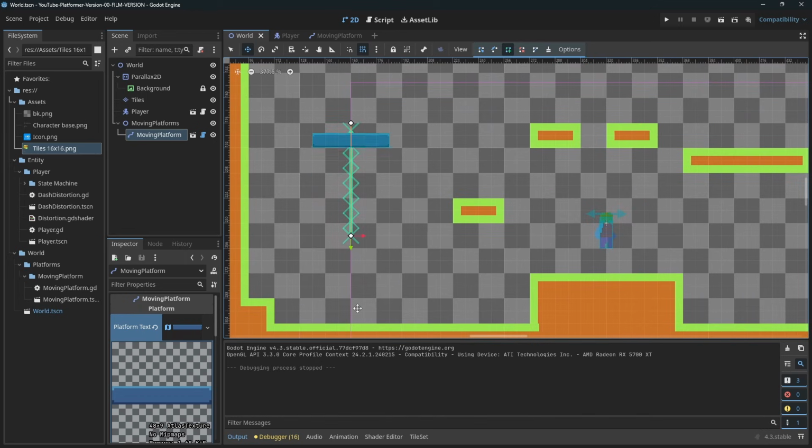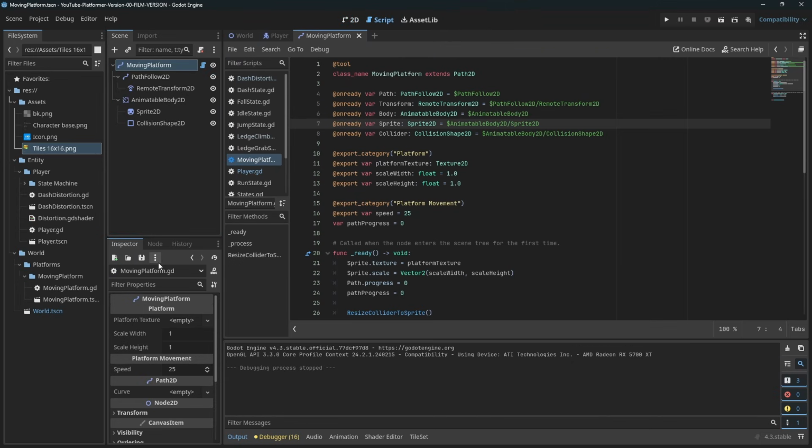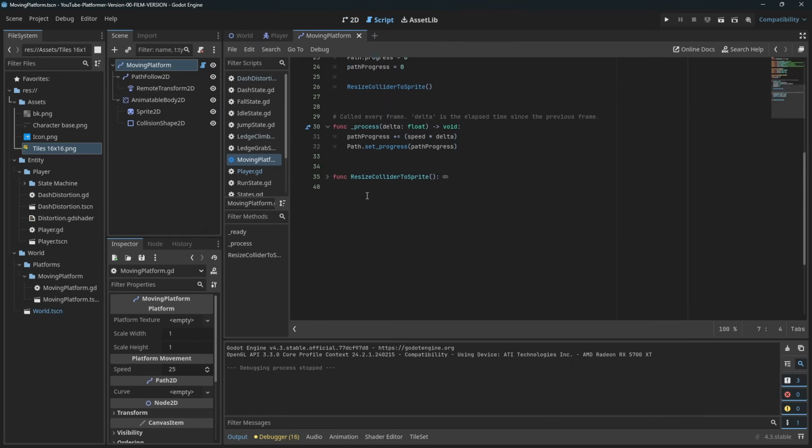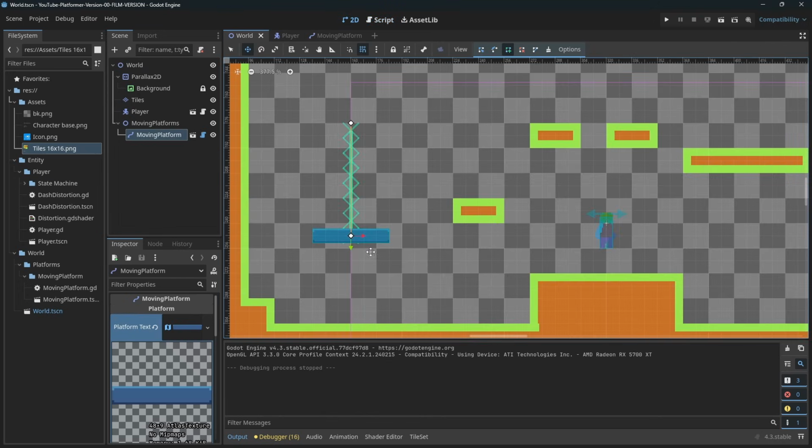Now, if you don't want the platform to move in the editor, we can add code to do that, and it's actually really simple. All we have to do is add an if statement right here. We say if not Engine.is_editor_hint. So is_editor_hint just says, are we in the editor? If we're not in the editor, then run the movement code. So if we save that and come back to the world, our platform now stops. But when we run the game,